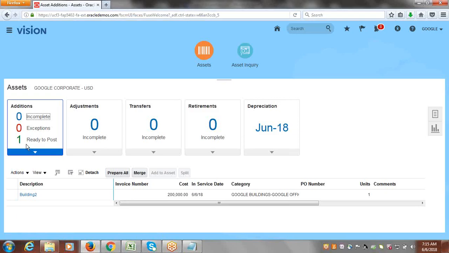Now you could see the status of the line is ready to post. When the system shows ready to post, if you notice here, the same line you could see the tabs: prepare all, merge, add to asset, split. You don't see any tab related to posting. So when you see any line status as ready to post, you have to